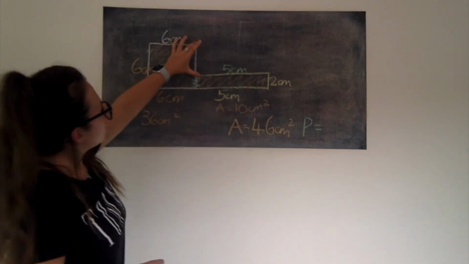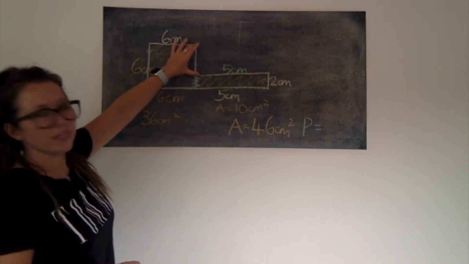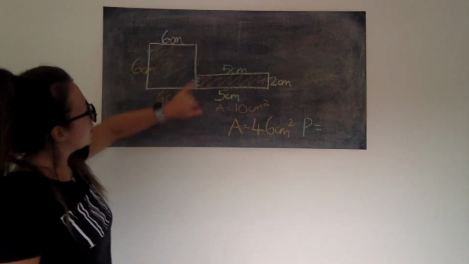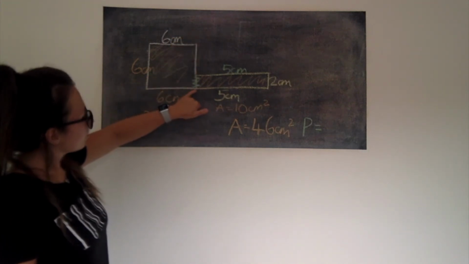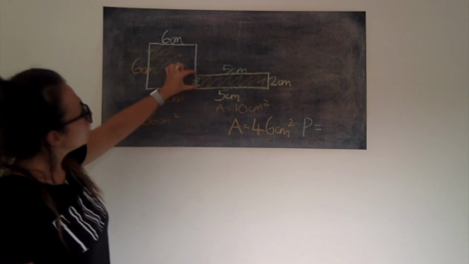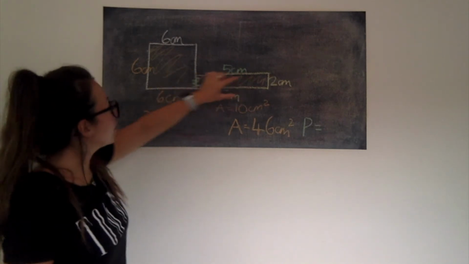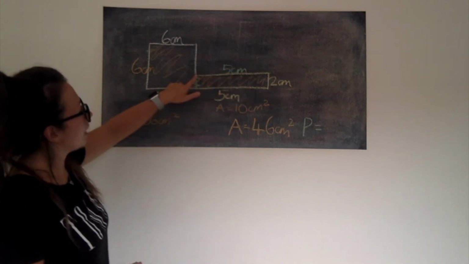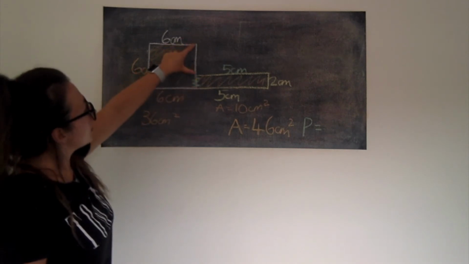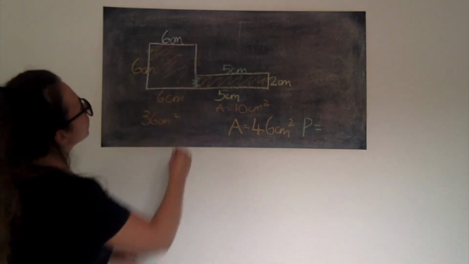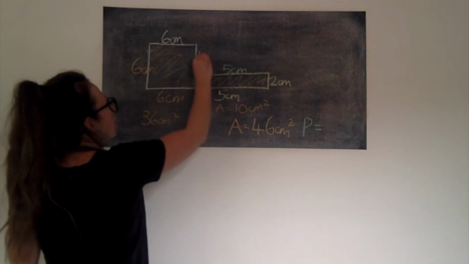But this side, we need to do a bit of problem solving. It's not the full 6 centimetres because that would be to be here. So what's left? Well, 2 centimetres of it has been taken away because of this added rectangle. So let's do 6, take away 2, and this length now is 4